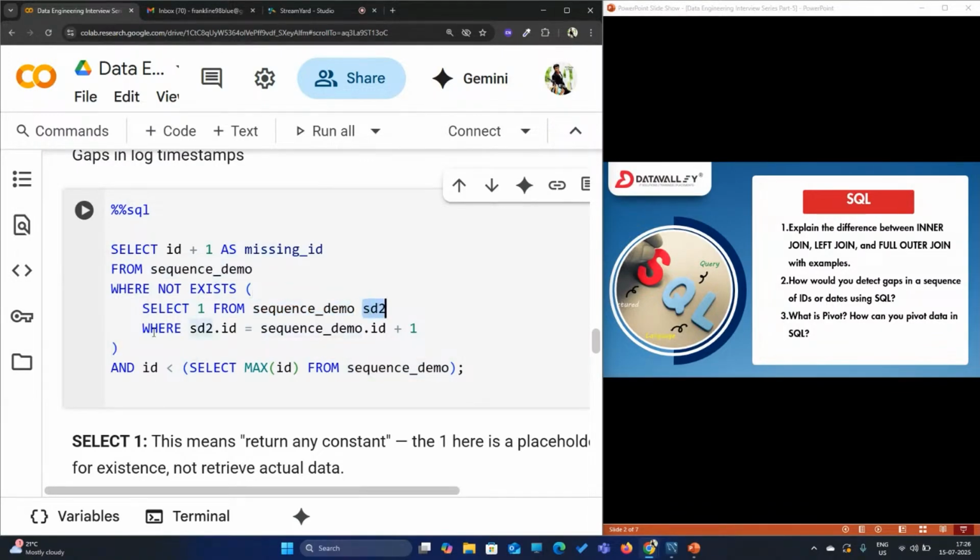Where sd2.id is equal to sequence_demo.id plus 1. So what's happening here is I'm fetching the id from my sd2 sequence_demo table, and I'm checking if it is equal to sequence_demo.id plus 1. Coming to our outer query, which will give you a better understanding,